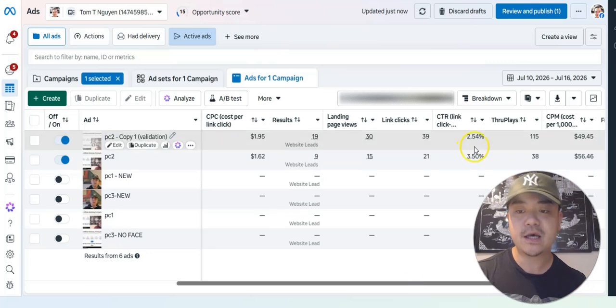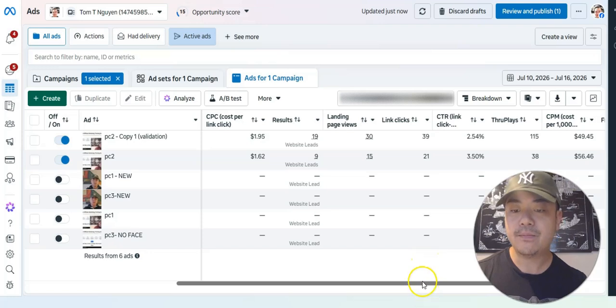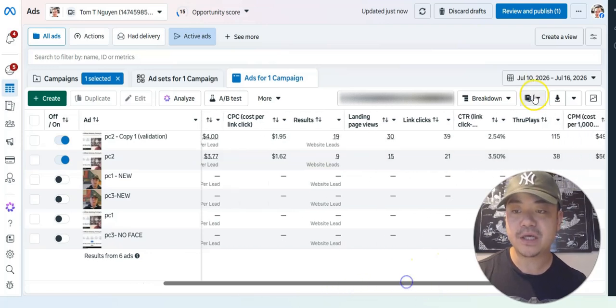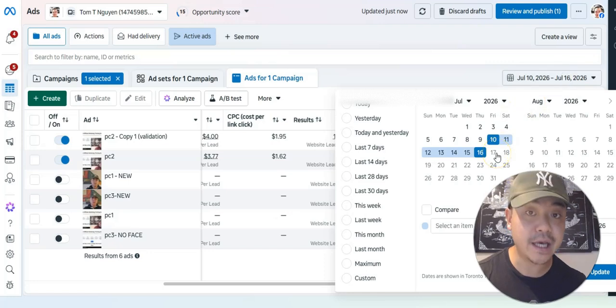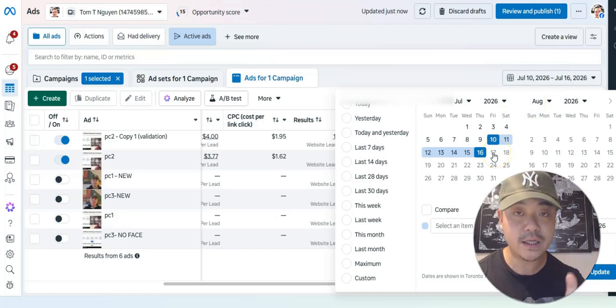So you guys can see the click-through rate. Sure, it's like 2.54. I'm supposed to be focusing more on 3% click-through rate, and click-through rate is basically the people who are clicking on your ad. Okay, I focus on 3% and above. You guys can see that 2.54 is quite low, and you're probably thinking, why didn't I turn this off? Okay, the main reason why I didn't turn this off is because it was on 7 days. So this is important. I pay attention towards weekly data, bi-weekly data, which is 2 weeks, monthly, and all time.